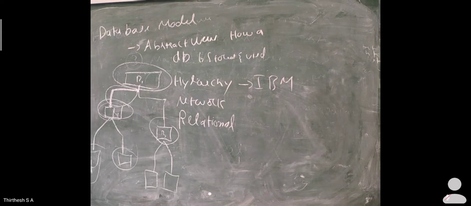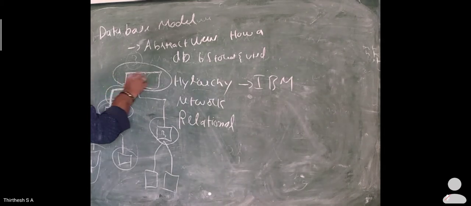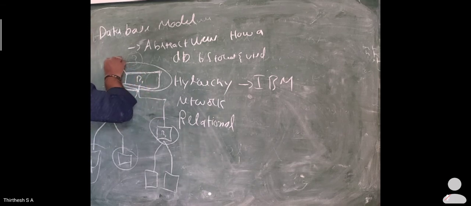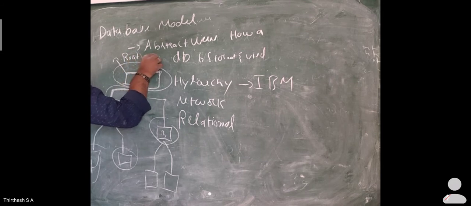The top of the tree contains a single node that does not have any parent node. It is known as the root node. This is the top of the tree, which has a single node without any parent node. Such nodes are known as the root node. You have already learned binary trees, or what we learned in data structures.